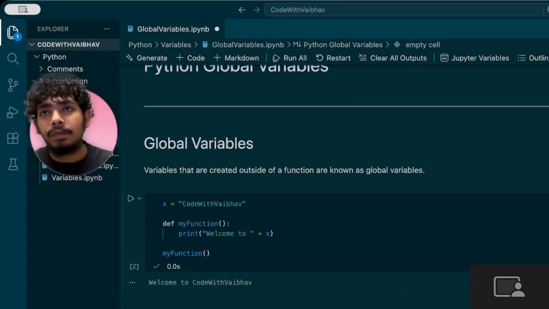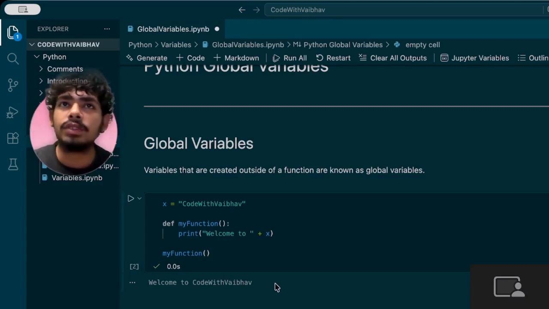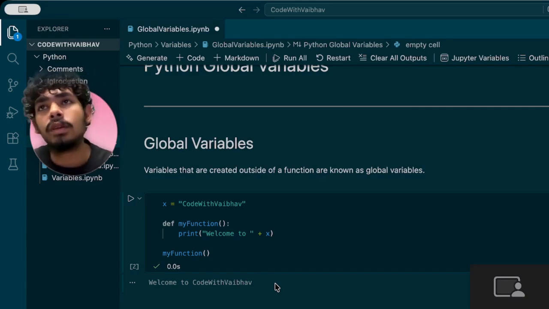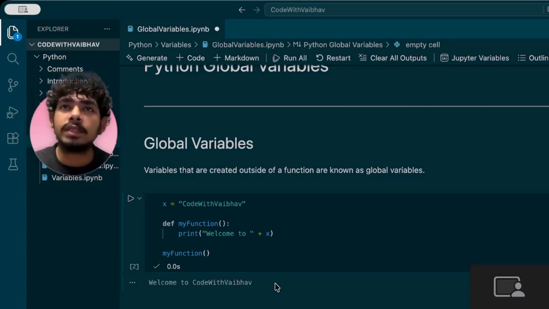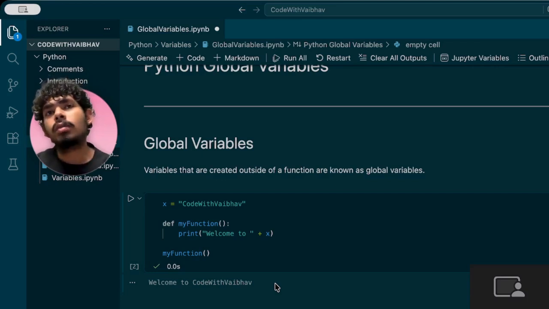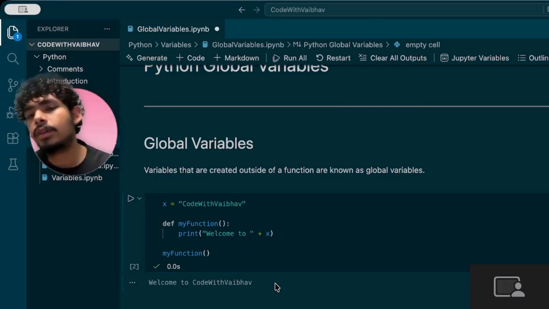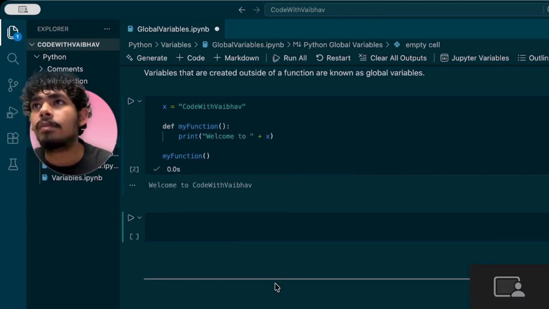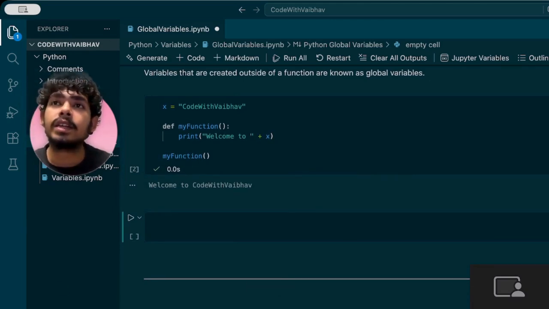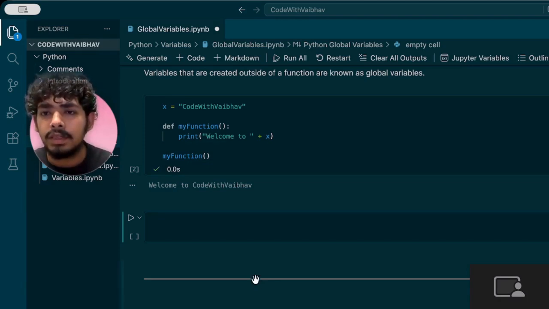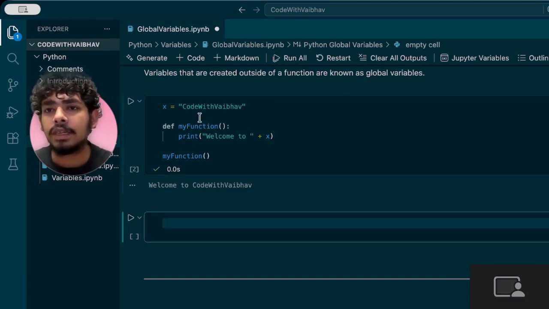If you create a variable with the same name inside a function, this variable will be local and can only be used inside the function. And the global variable with the same name will remain as it was, with the original value. So our next example is creating a variable inside a function with the same name as the global variable. We take the same one as it is,